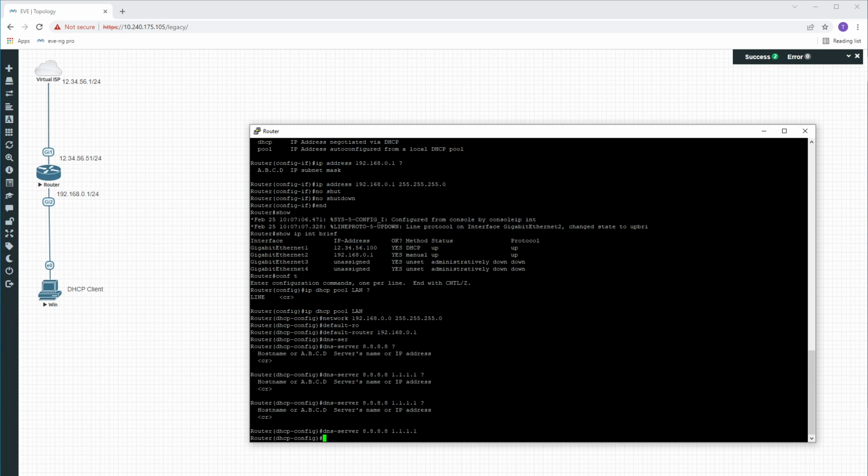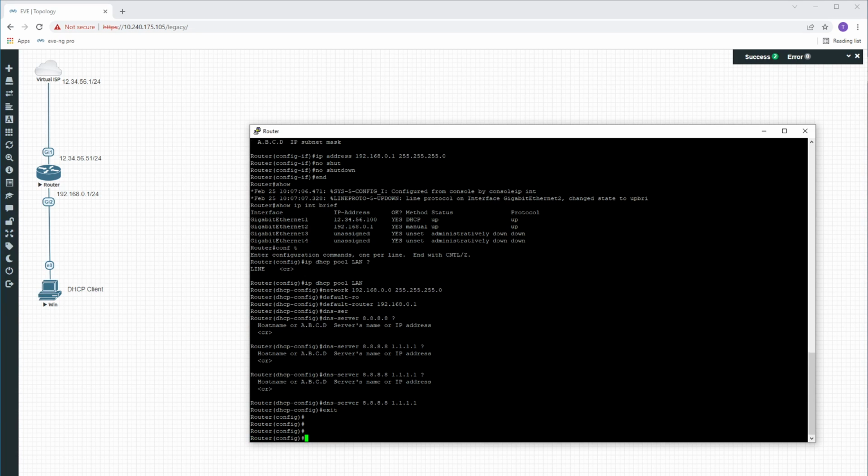But I love to exclude the first several IPs from the DHCP in case I want to use these IPs on the switch or access point or anything else that is network equipment. And to exclude some of the IP addresses from being assigned to the hosts inside the broadcast domain, we'll do the command ip dhcp. Actually, let's exit from the DHCP configuration because it will work, but it's a global command. So we'll need to do exit from here. Now we are in the configuration mode, and let's type ip dhcp